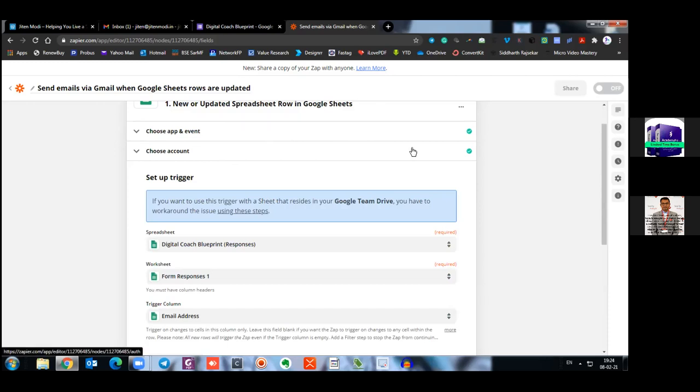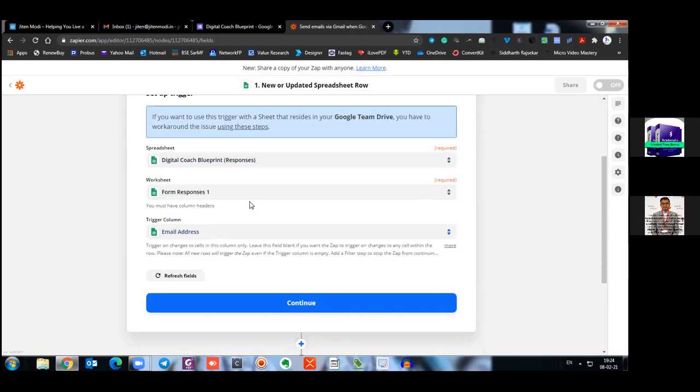We signed up into a Google account. From the Google account, we selected the form name, the form which we have created, and to that form, the sheet which has been created, and from that spreadsheet, it has a worksheet, and from the worksheet we have selected the column which contains the email ID, and then we say continue. That's it.